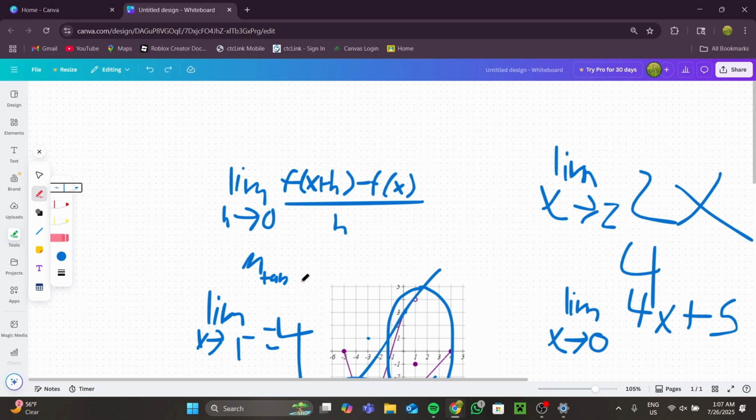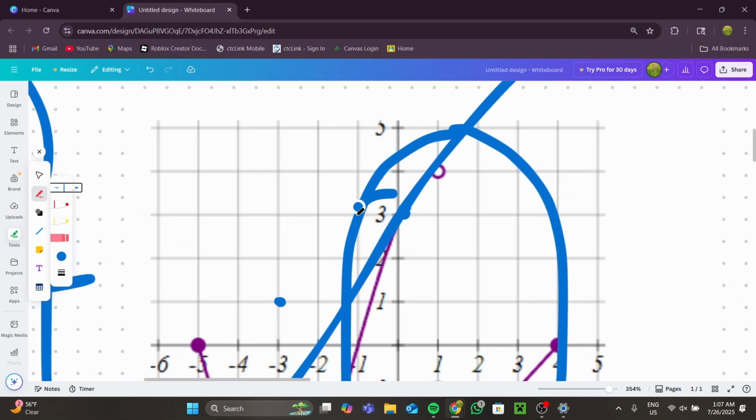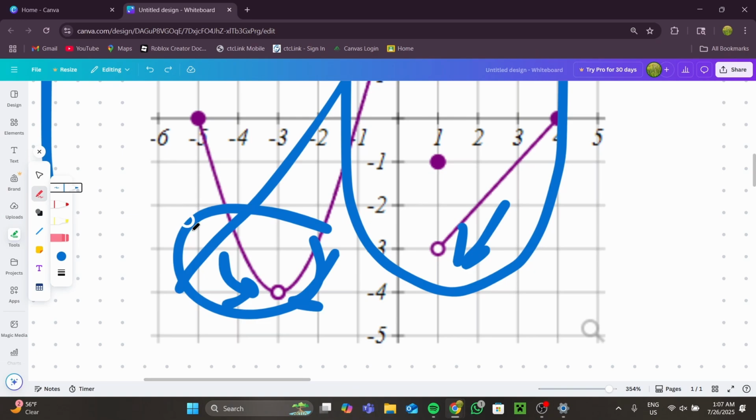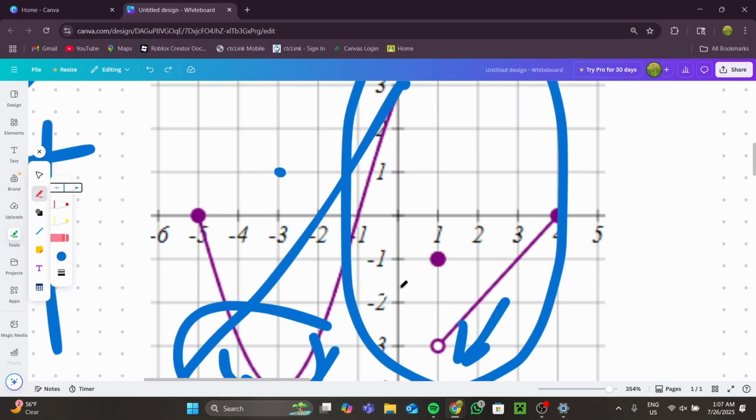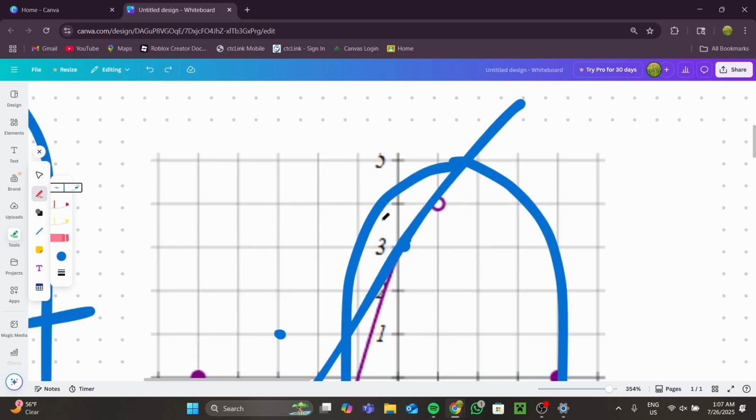What this does is it finds the slope of the tangent line, of the line tangent to f of x at a certain point. So I'll use this point right here. Let's pretend that this is its own thing and it's not crossing here, because then it wouldn't be a tangent line. But look here. Notice this line, that would be the tangent line, which means it only touches